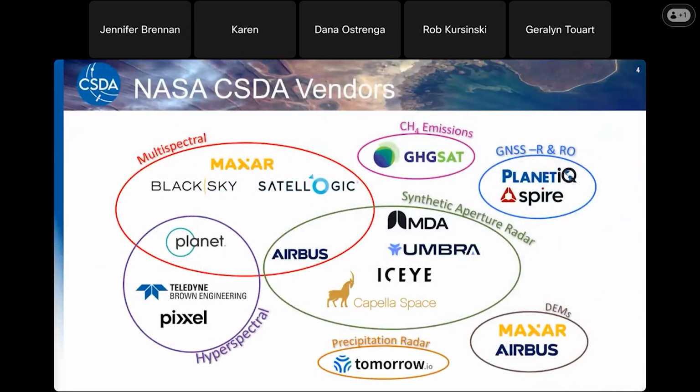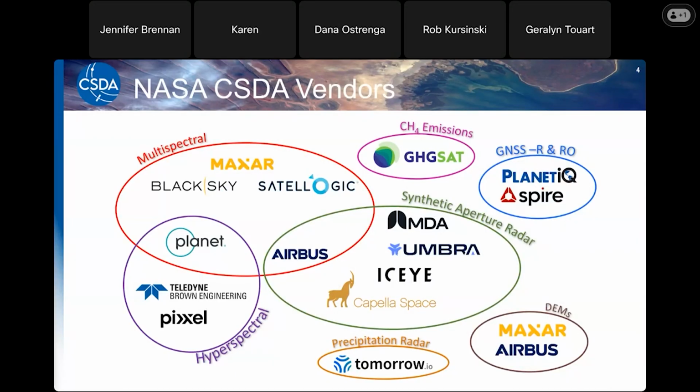So this slide just showcases our diverse array of commercial vendors, each providing unique satellite data products to help NASA advance Earth science. We currently have 15 commercial vendors on contract that we can acquire data from. For multispectral imagery, we partner with Maxar, BlackSky, and Satellogic. Planet operates both in the multispectral and the hyperspectral domains, alongside Teledyne Brown Engineering and Pixxel, who specialize in hyperspectral